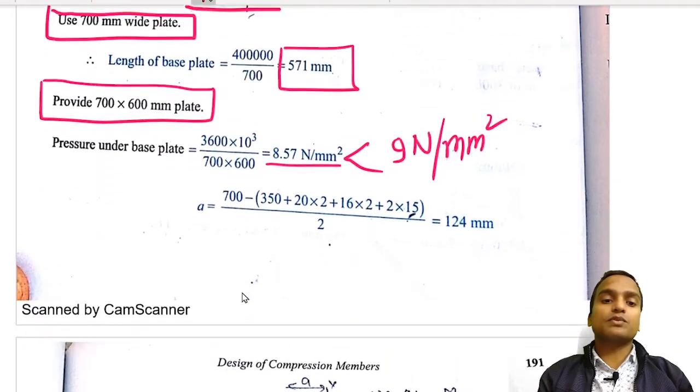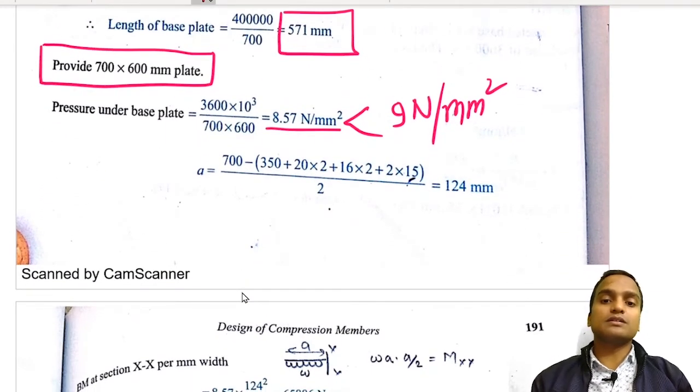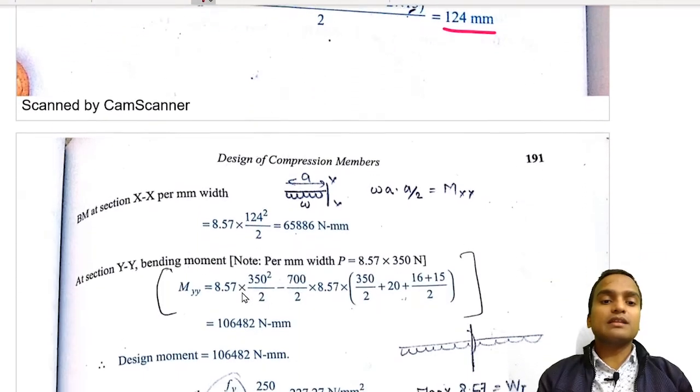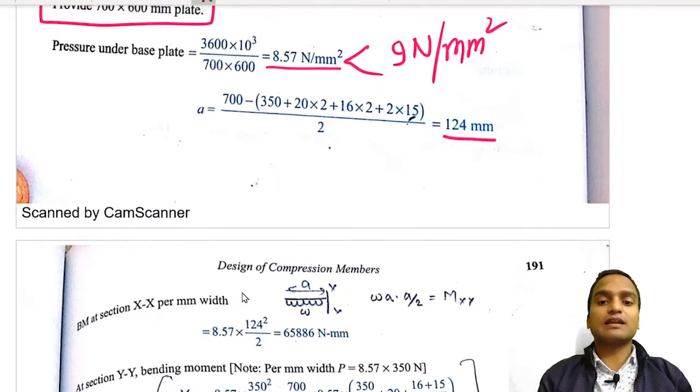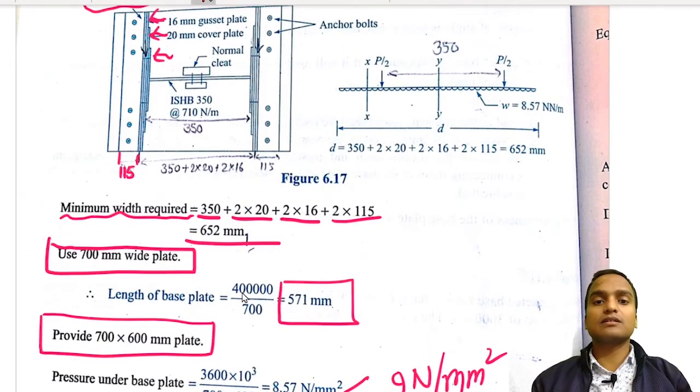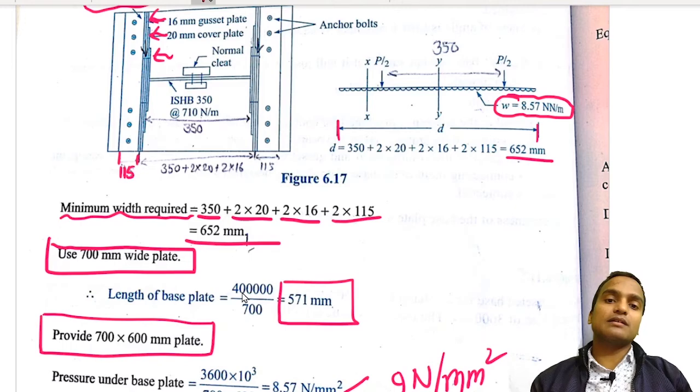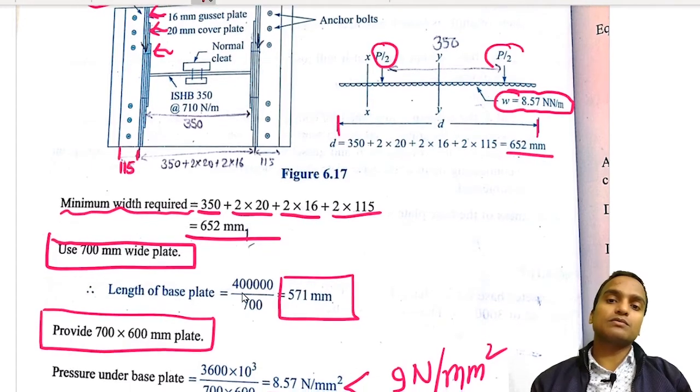And the projection value A can be calculated here. It is equal to 124 mm, and then the bending moments are calculated along the x-x section and y-y section, and we can draw this diagram like this. If you see, this is my D value, where D is 652 millimeter, and it is being loaded with a constant pressure which we have just now calculated, 8.57 Newton per mm square, and this is the P by 2 and P by 2, the factored load coming here is shown, and we have calculated bending moment at this x-x